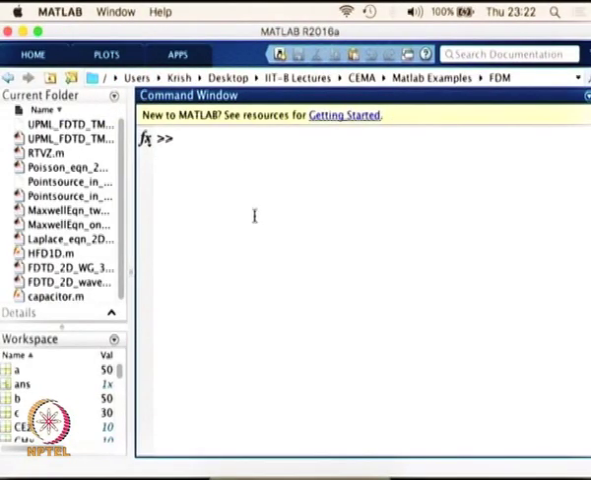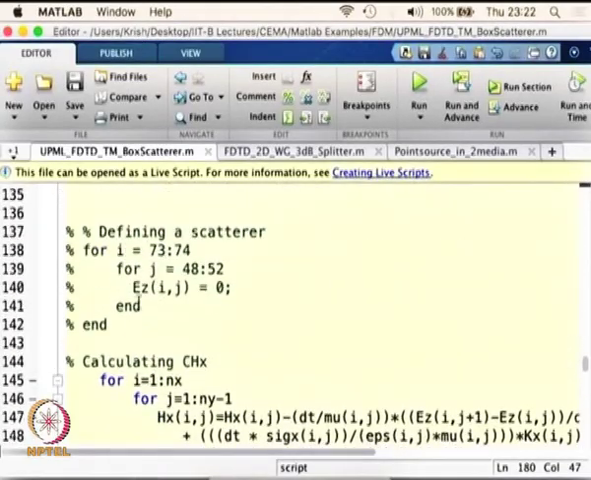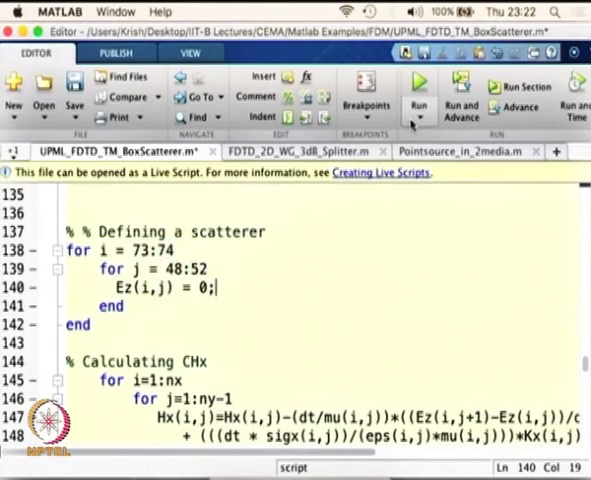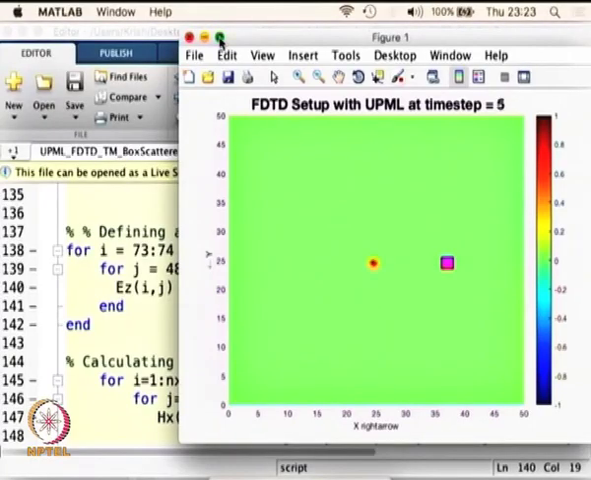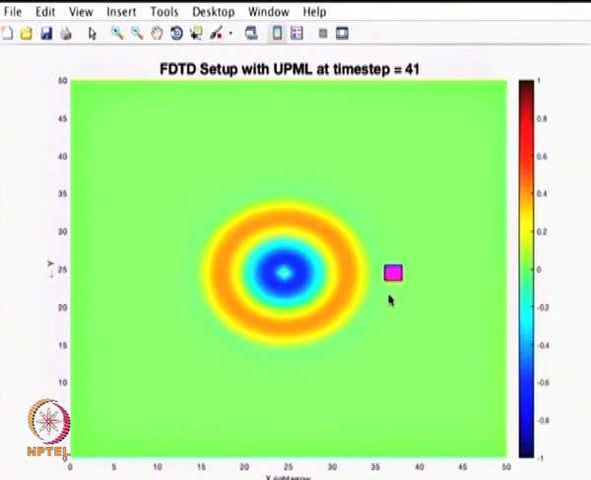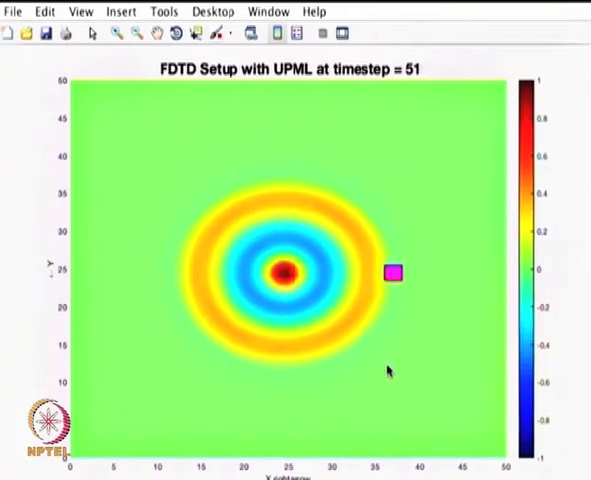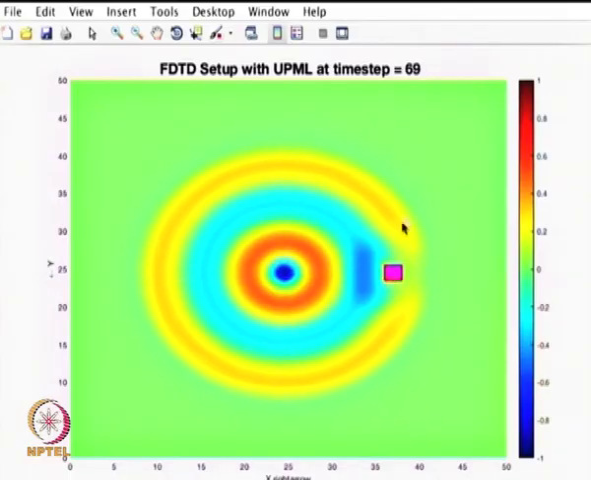So now we will go back to the code and we will define it as a scatterer by uncommenting this particular point, and run the same code and see what we can simulate using this particular situation. Now it is a perfect electric conductor, so it is going to reflect everything that is impinging on it. So you can see the incoming wave is getting